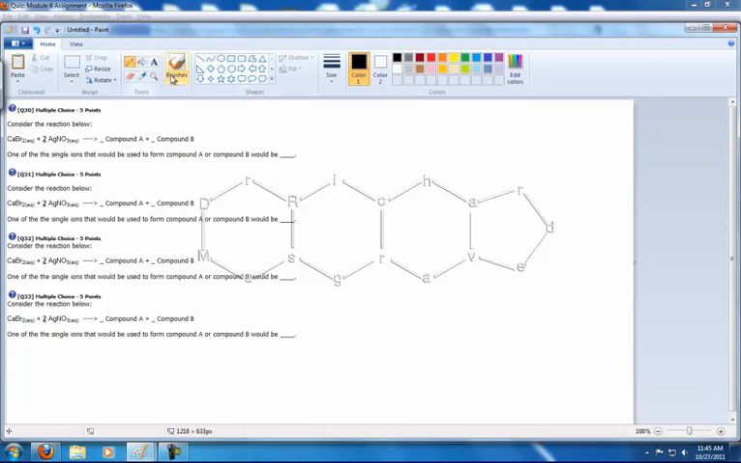Alright, so what I'm going to do is show you how to get the ions that make up the compounds A and B here. I'll take it one step further and show you how to get compounds A and B as well. Alright, so we're going to start out with our CaBr2